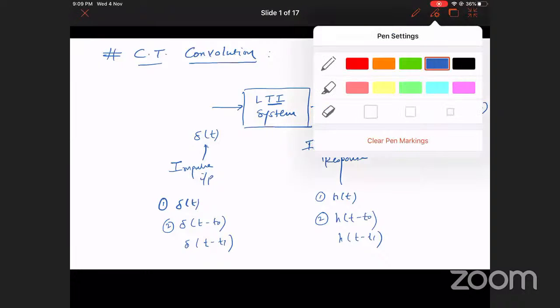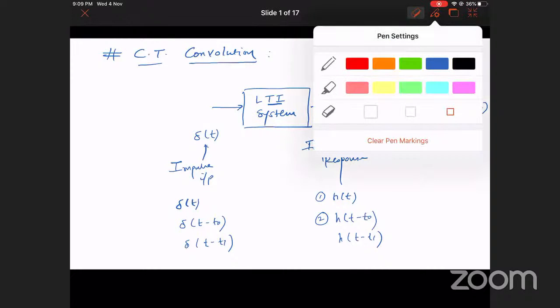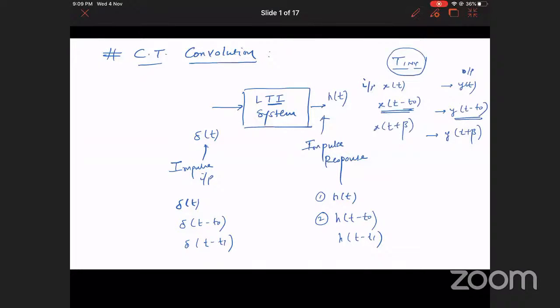So let us see. Let us assume I multiply this first input del of t by x of 0. You know that it is a linear system also. Yes or no? This is a linear system also. Now, since it is a linear system, guys,